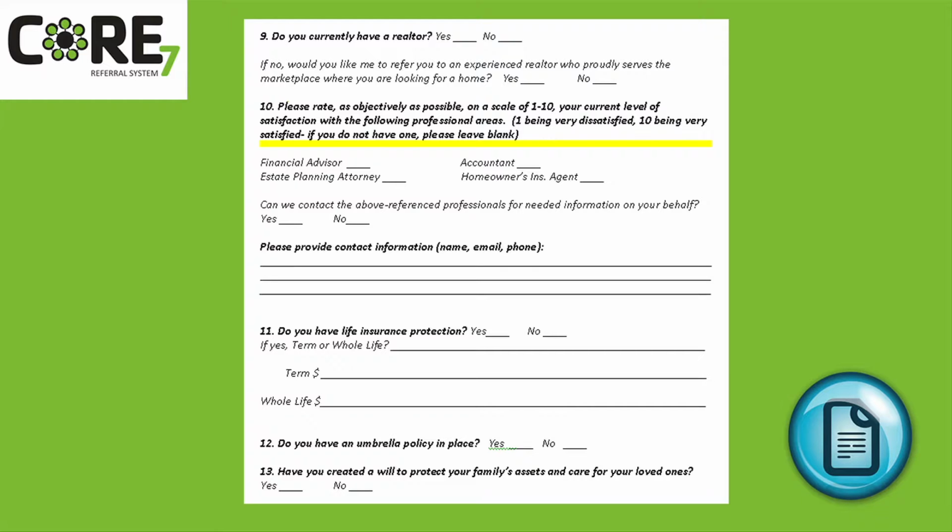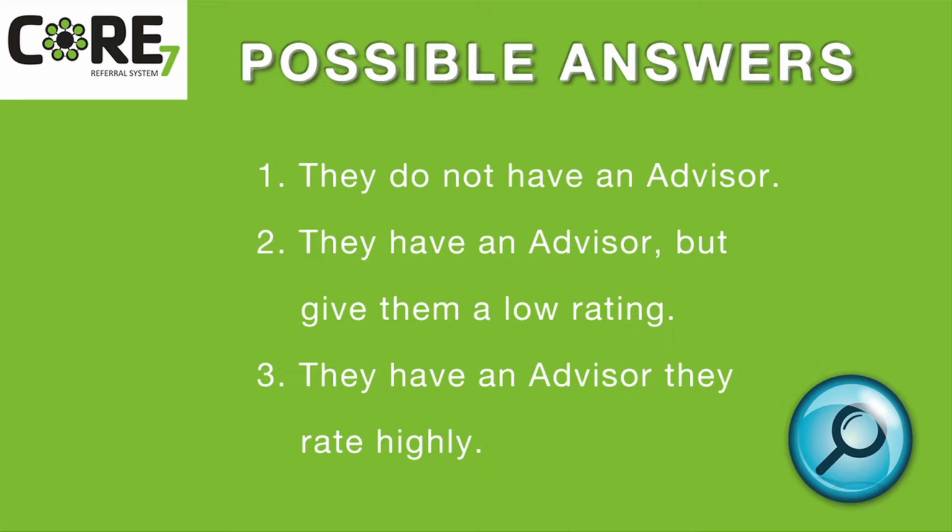Here's how it works. There are 3 possible answers the client can give. Number 1, they do not have an advisor. Number 2, they have an advisor, but give them a low rating. And number 3, they have an advisor in place that they rate highly. In the first scenario, if they don't have a key advisor, refer someone on your team. The scripting to use is,